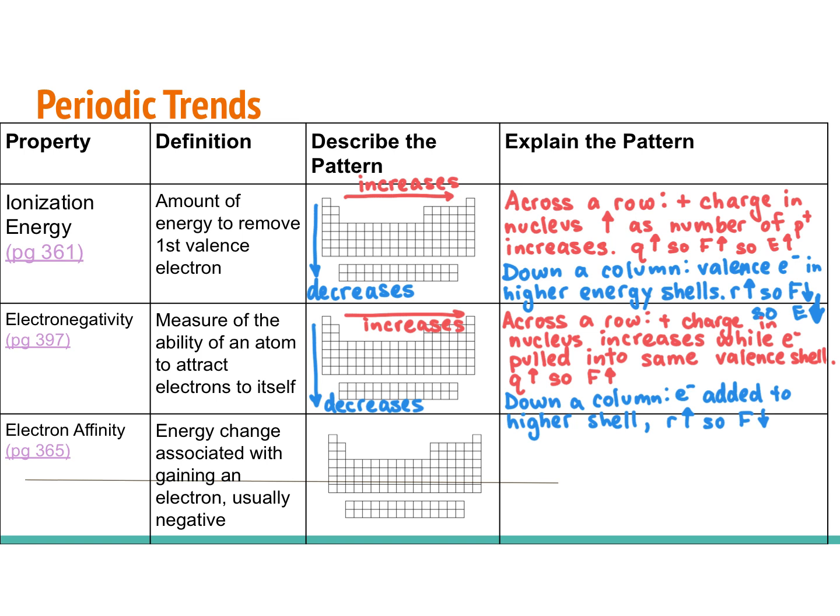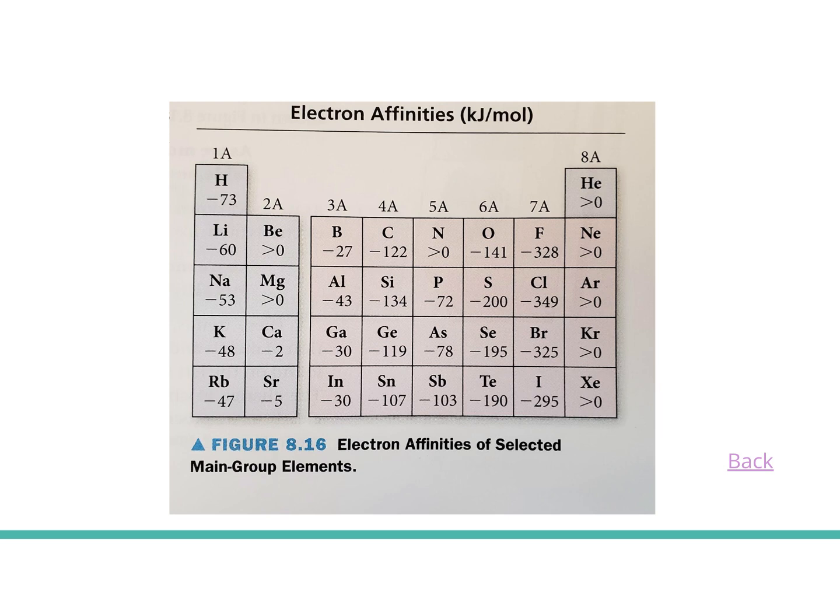What happens to the size of the electron affinity? So again, we're going to take a look at some data. So here we have some data on electron affinities. Notice the values are different. Fluorine's negative 328 kilojoules per mole, whereas electronegativity was measured to be 4. But we have some values here, and notice that as we go across a row, the absolute value of the electron affinity gets higher. So in other words, more energy is released when fluorine pulls an electron into itself,